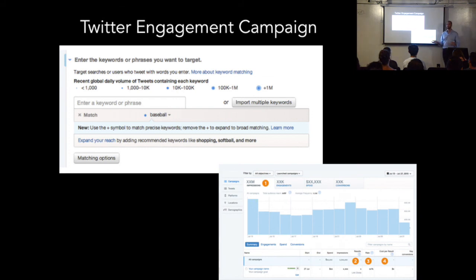You could run a Twitter engagement campaign, right? So if you run a Twitter engagement campaign, you can do things like, I want to find people who are interested in Facebook, right? And then you assign a budget, etc., and they market this and put it as an interstitial ad when you actually use Twitter. Right? So there's some chance that if you like baseball and talk about baseball stuff and are categorized in their system as a baseball person, that you will see this ad, right?